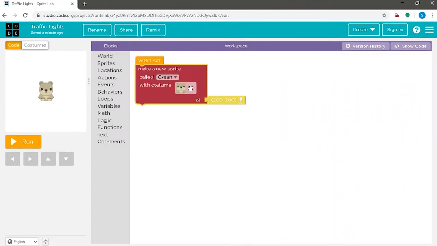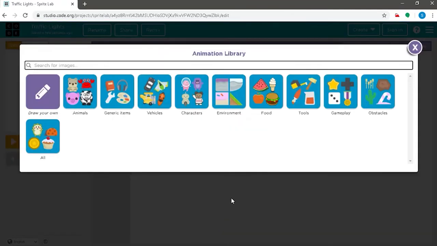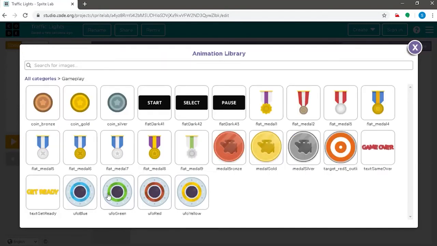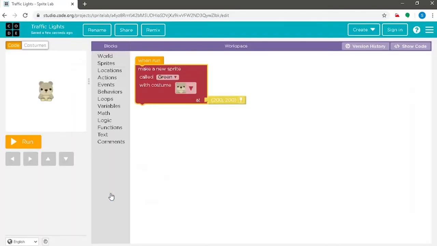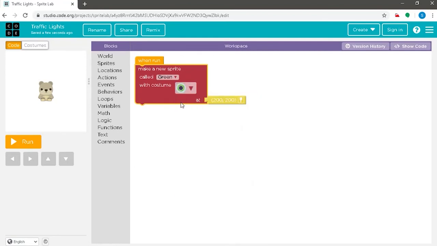Press create and change its costume by going to more, go to gameplay and select the UFO green sprite. And now choose your green sprite.